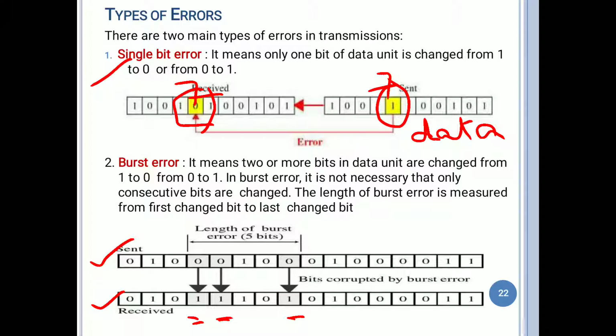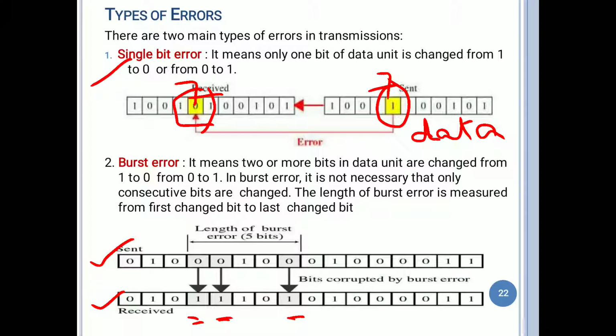These types of errors are called burst errors. Then how do we calculate this burst error? The length of a burst error is measured from the first changed bit to the last changed bit.